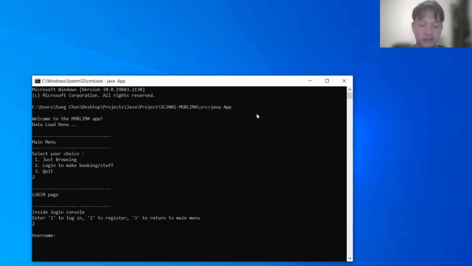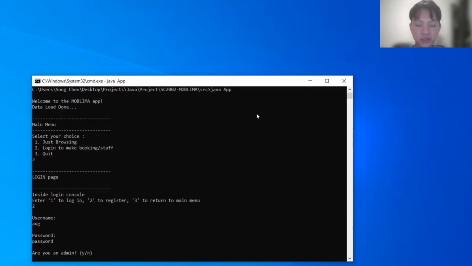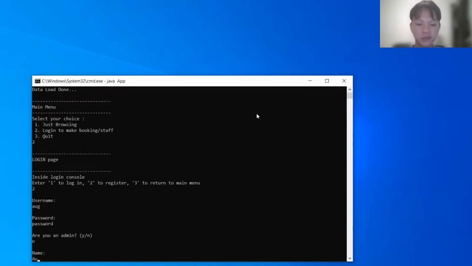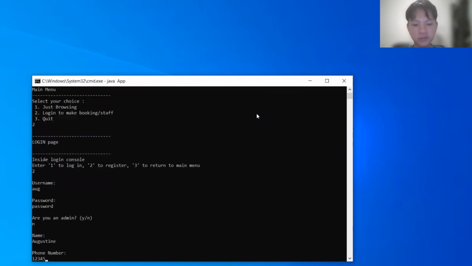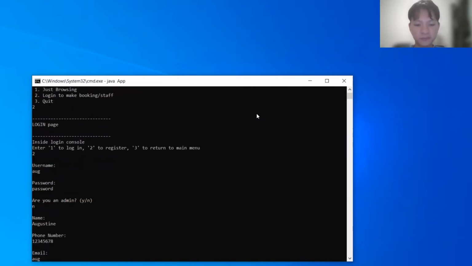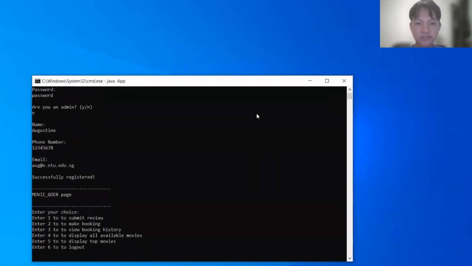By doing so, and our username will be password. We are not an admin, so I'll key the letter N. Our name will be Augustine. Phone number, email. As such, as you can see, we have successfully registered